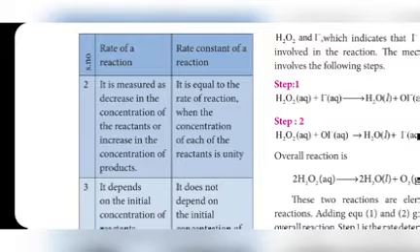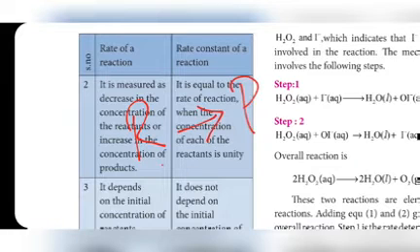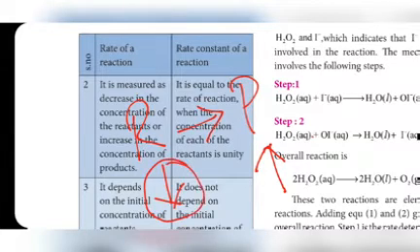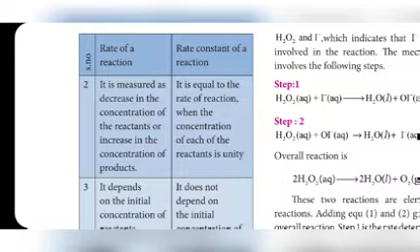Again I am telling, usually in a chemical reaction, reactant is converted into product. Usually reactant concentration will decrease and product concentration will increase. We are calculating at which speed the reactant concentration is decreased and at which speed the product concentration is increased. That only we are measuring here. So it is measured as decrease in concentration of reactant or increase in concentration of product.